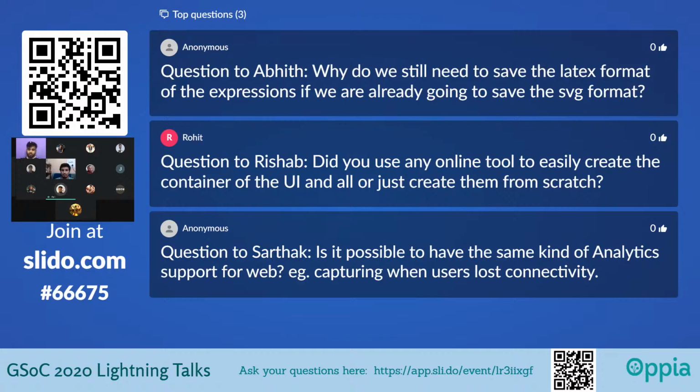So whenever the LaTeX value is encountered, we'll fetch the file name from the backend and display it. We don't store the entire image with the equation. That's the biggest thing here. So we just save a reference to the equation image stored, and we fetch it from the backend, or cache it before the expression loads, and display it like other images. It's going to be similar to how we display the normal Oppia non-interactive images. We store a file name, then we fetch it from the backend, and we display it. We don't store the entire SVGs.